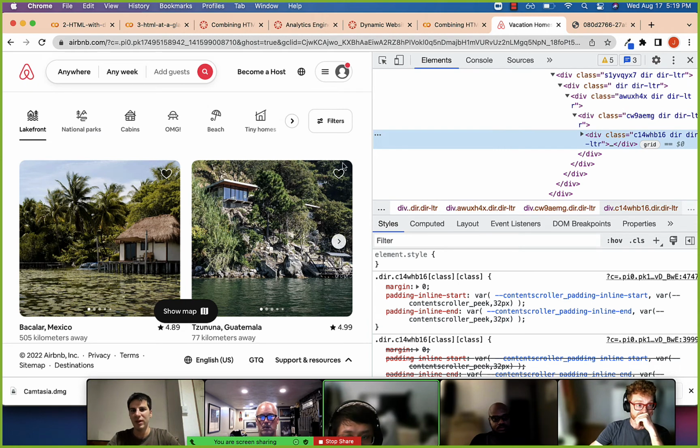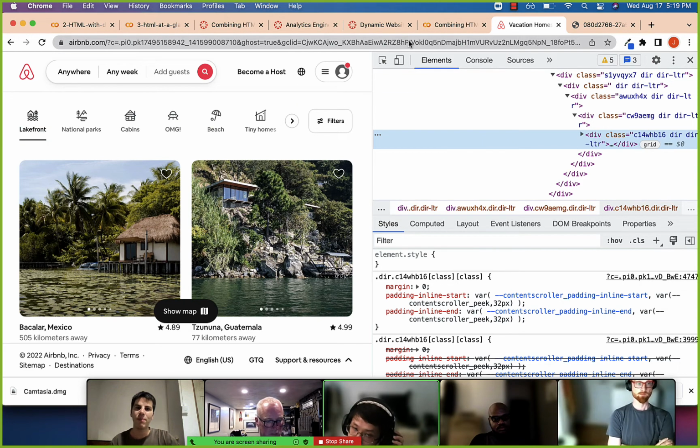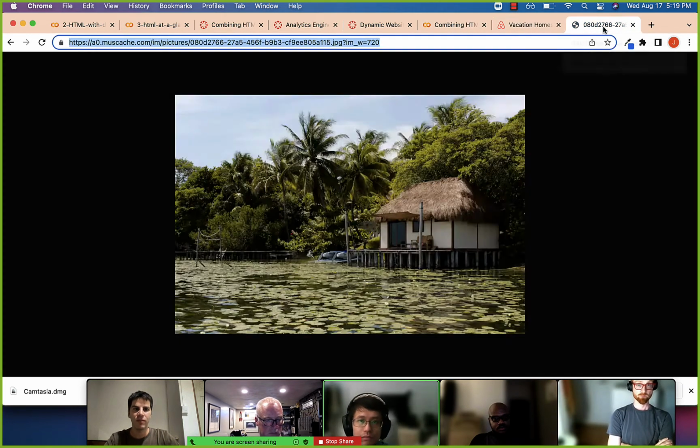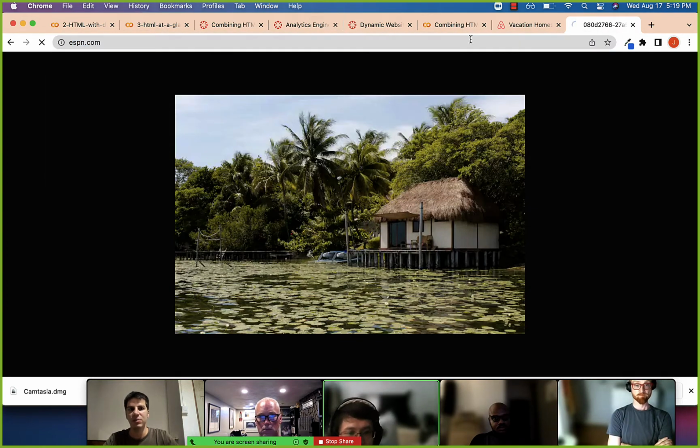So you can see this thing's a div, and then this thing right here without the filter is a div, and then this thing right here is also a div. It's just rectangles or boxes that organize a web page. So when you think of a web page, right? If we go back to ESPN.com,